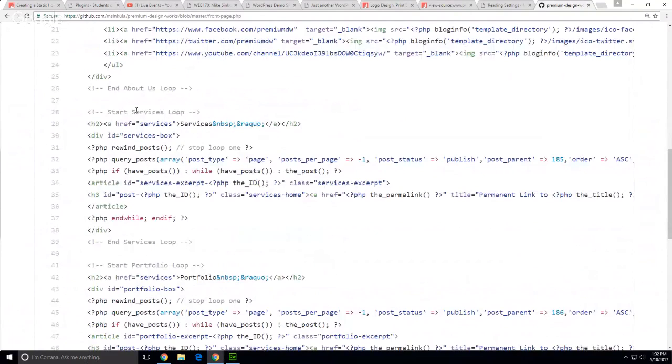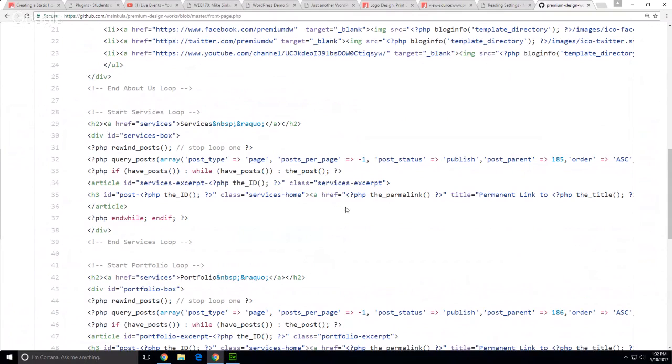Then I have the services loop, where what I have to do is stop the previous loop. So by using a function called rewind posts, I am going to stop the previous loop,